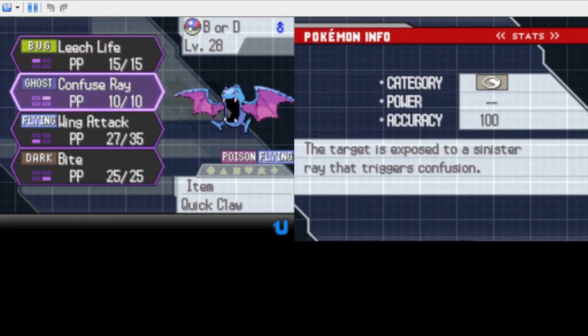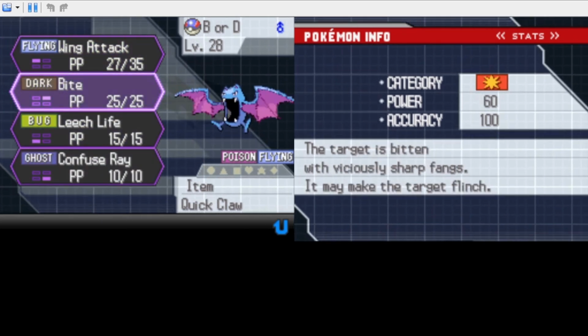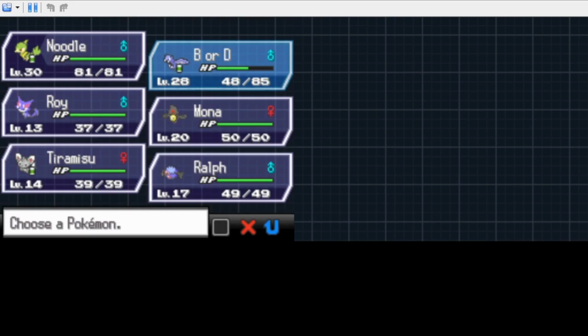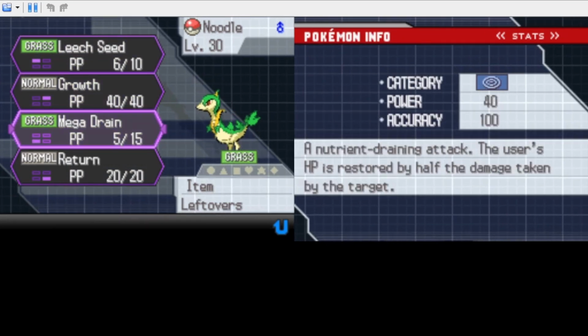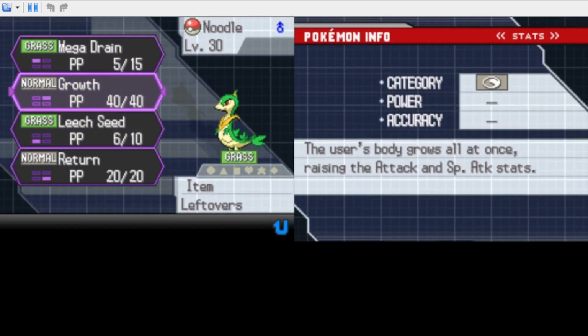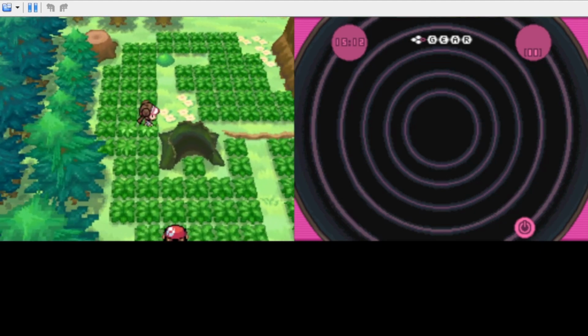Also, it's really bothering me how Wing Attack is all the way down here. I like to put my damaging moves in order of power, and then I like to put my non-damaging moves after that. So we're going to switch this up. I know Return technically does more than Mega Drain, but we're not using it much, so...